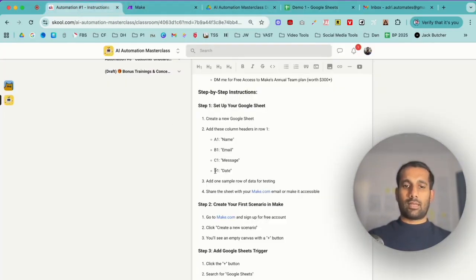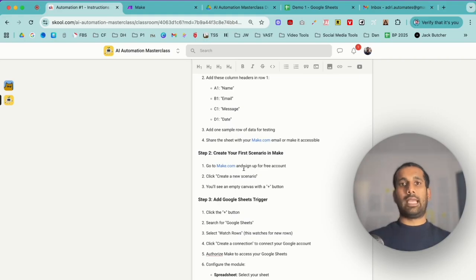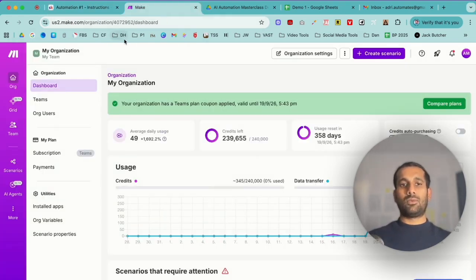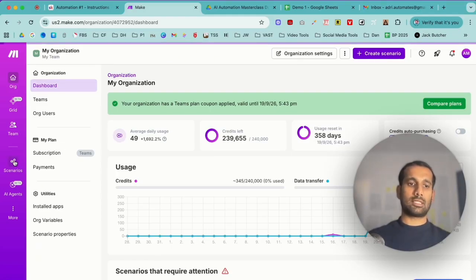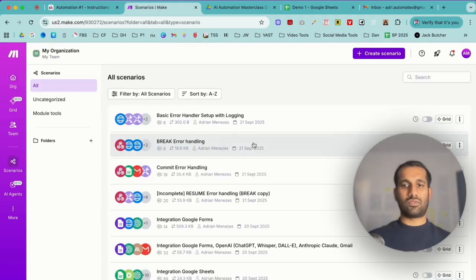Now if I come back to our instructions, we're going to create our first scenario or automation in Make. So if you come to Make and you sign in or sign up, if you haven't created an account, you can do so. It's completely free. Just go to make.com. You can use either your email or sign in with Google, which is what I've done. And once you're in there, you will see this dashboard interface. Inside here, you want to come down to the scenarios tab, which is basically a list of all your automations. I've built a few out before, but for this video, we're going to be building one completely from scratch. So if I come up here and click this create scenario button,